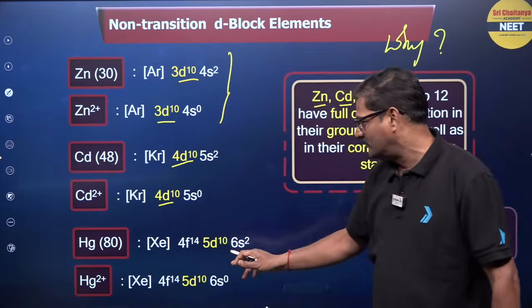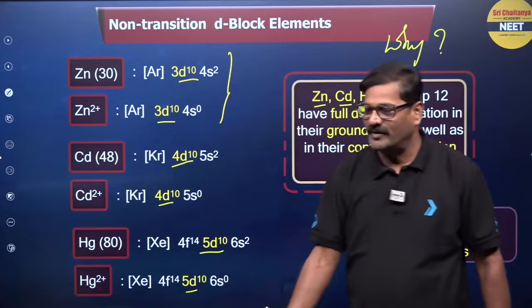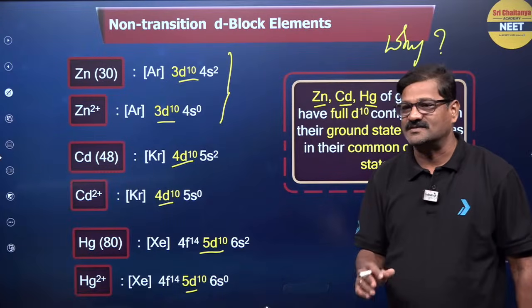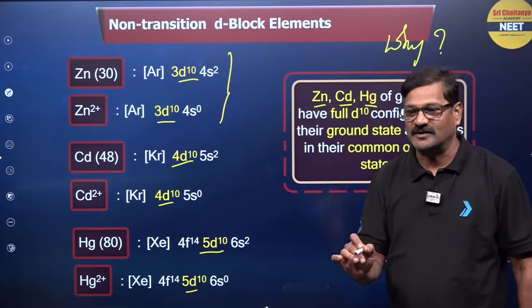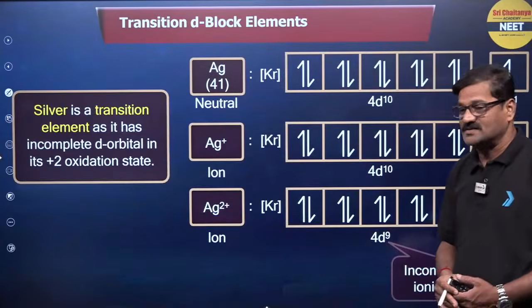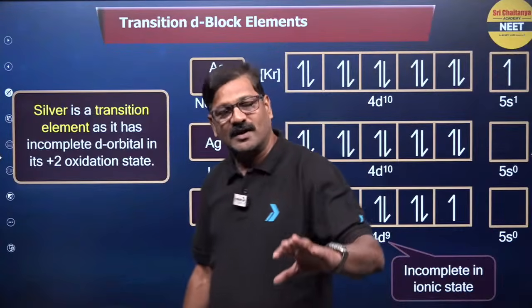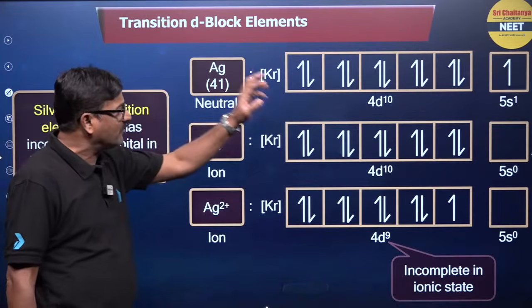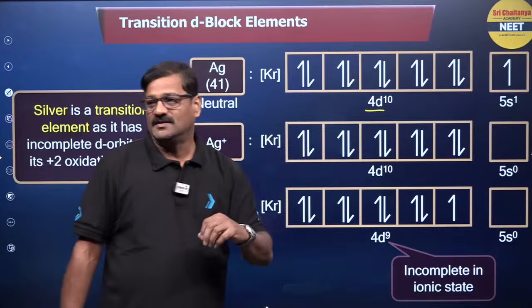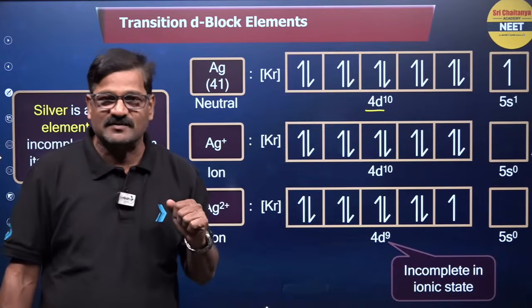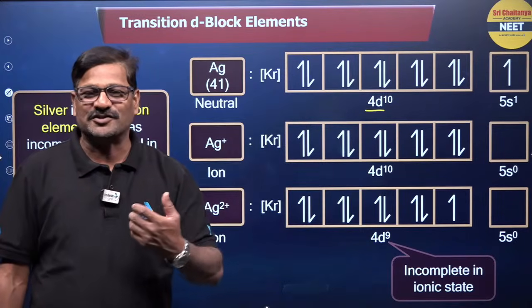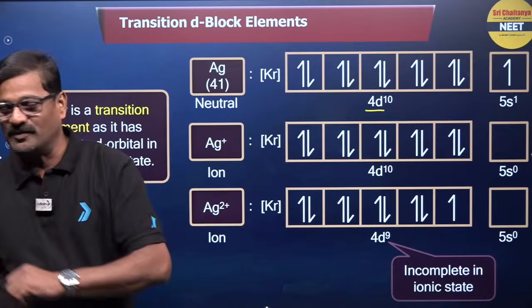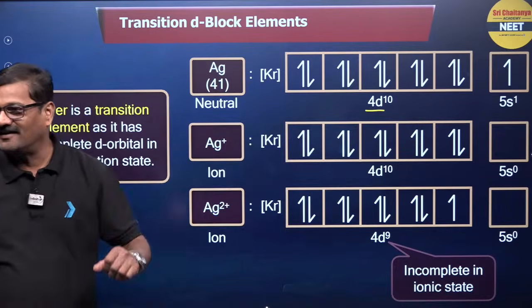Mercury is 5d10 and mercury 2+ is also 5d10, the stable oxidation state has to be considered. And when you say silver, copper and silver are considered to be transition elements because silver has 4d10 configuration. So do you want to disqualify silver from the transition element category? Not possible, because here